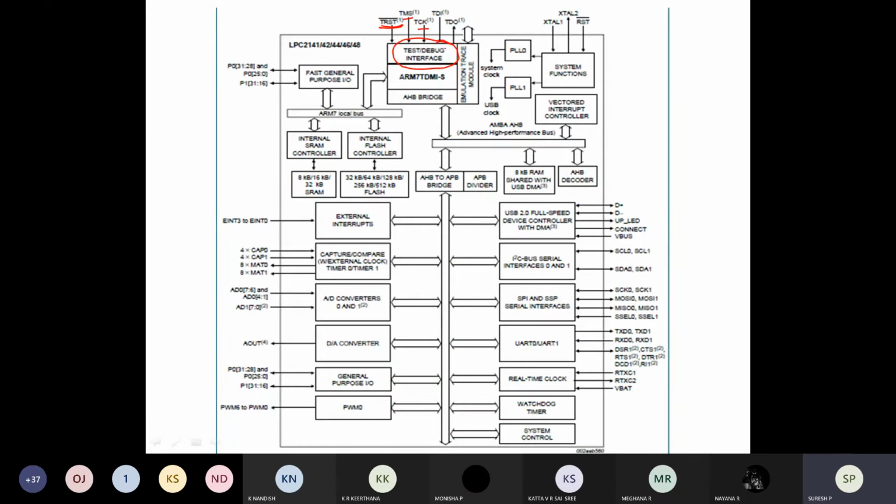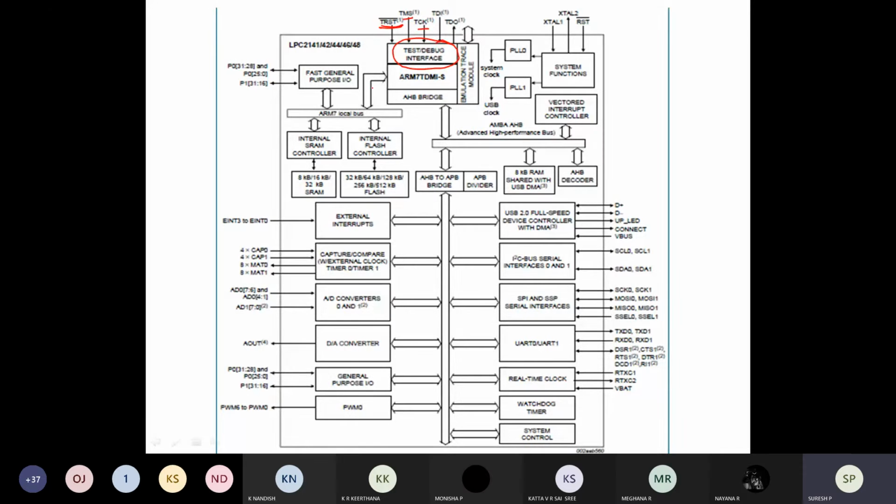When you have written the program and ported your code to the hardware, if the code does not work properly, I have to test it. So I connect a cable through this particular interface and test whether the hardware is working or not.